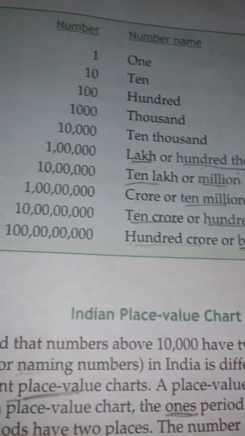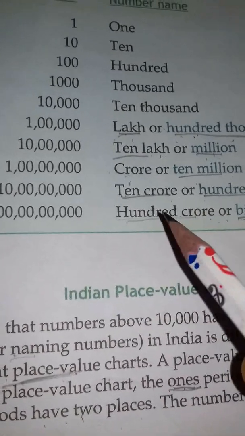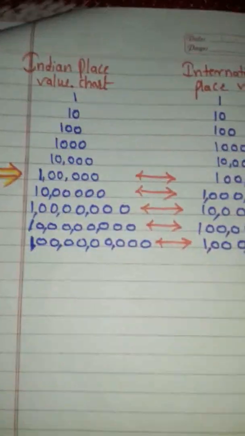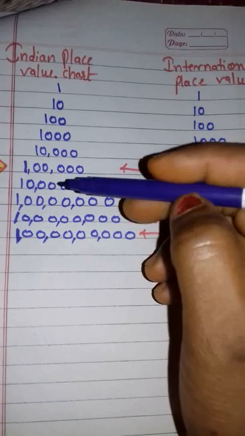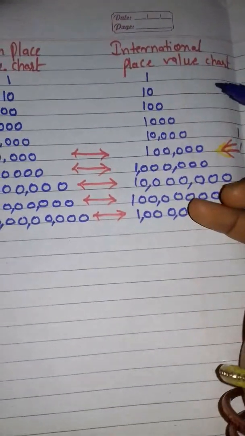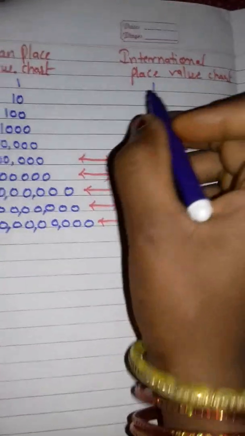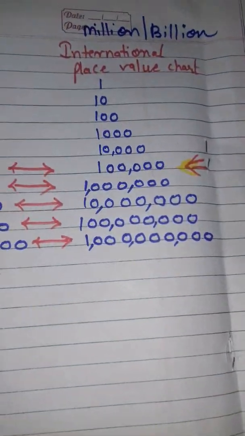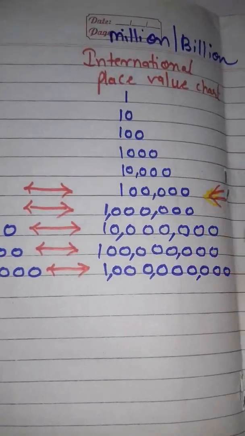Now billion period is also coming here. So what we call 100 crore, or how many digits are there, how many zero are there. So we will see here like these things. Now see, this is Indian place value chart, the number of zero and digits, and this is international place value chart showing the number of zero increasing in the numbers. So in Indian place value chart and in international we will see million and billion both. How many crores becomes million, or how many crores become billion, and so on.